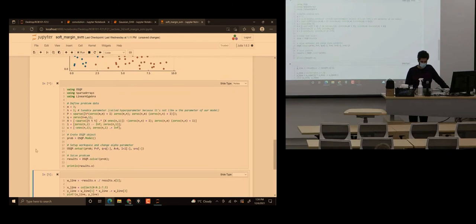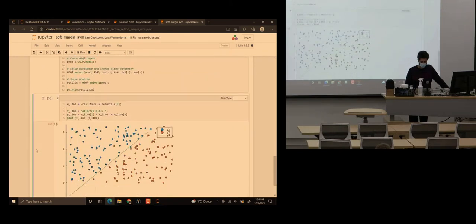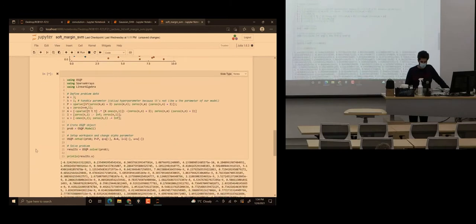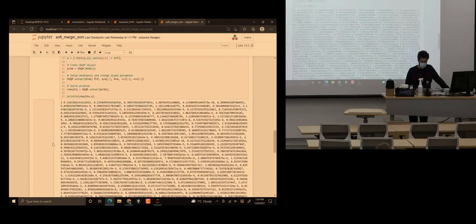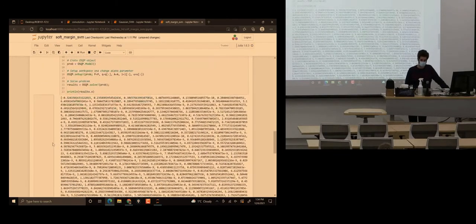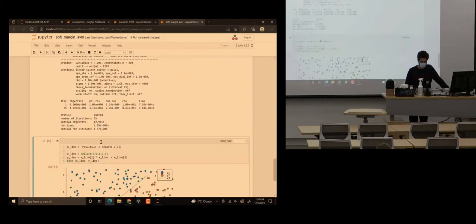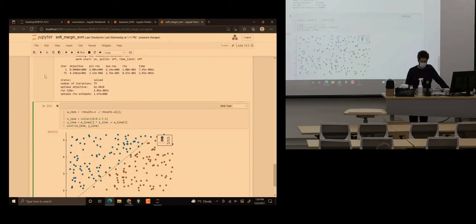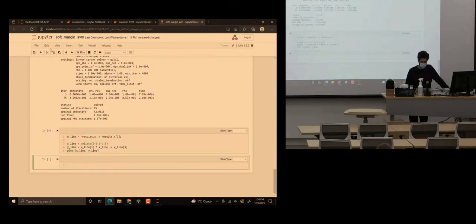This is still running. So now I have the QP. This is a soft margin, so there are a lot of slack variables, but the first three, if you remember, that was our line. And then I plot the line in the regressor form to see